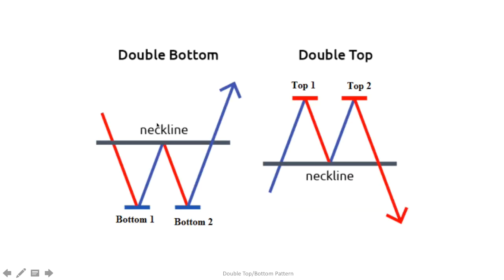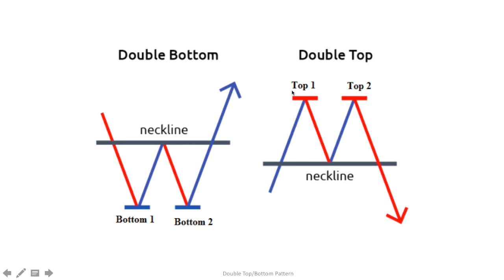As shown in the figure, price is moving down, taking support at this point, which is known as bottom 1. It moves up, comes back again, and takes support at bottom 2. So this is your support line. When price moves again and breaks this swing high, you can take a trade here. This line is known as the neckline. These two points are known as bottom points, or you can draw a support line here also. So this is a pattern having a shape like W.